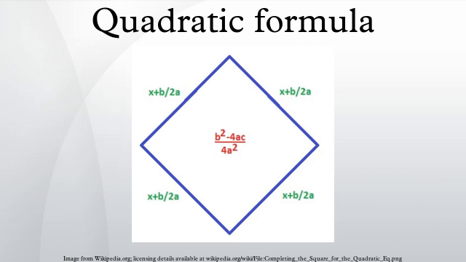His solution of the quadratic equation was as follows: to the absolute number multiplied by 4 times the coefficient of the square, add the square of the coefficient of the middle term. The square root of the same, less the coefficient of the middle term, being divided by twice the coefficient of the square is the value. This is equivalent to. The 9th century Persian mathematician Al-Khwarizmi, influenced by earlier Greek and Indian mathematicians, solved quadratic equations